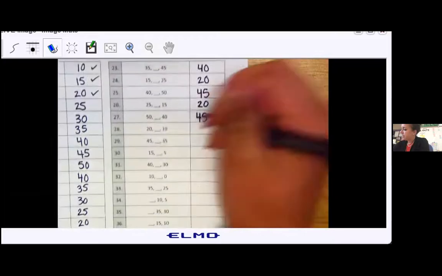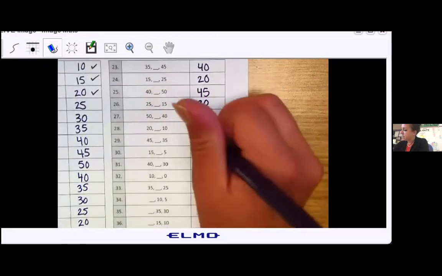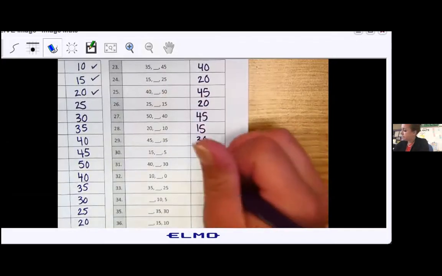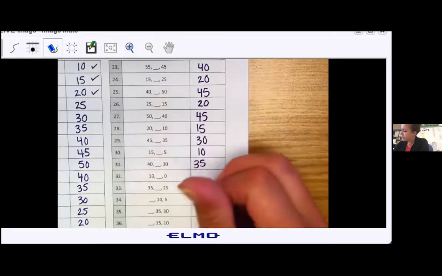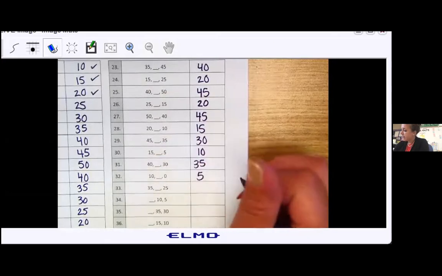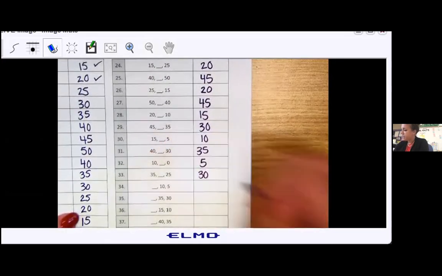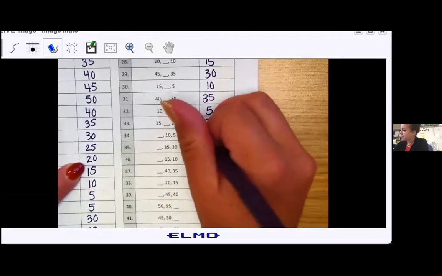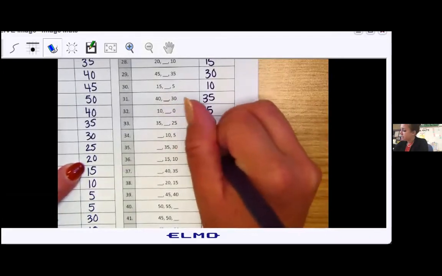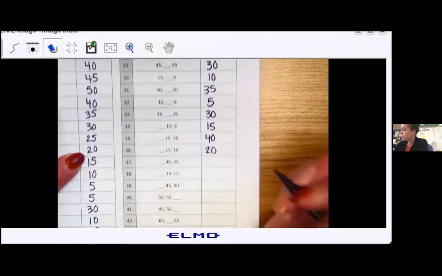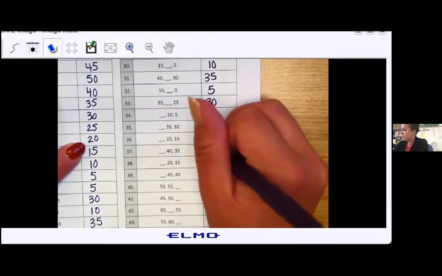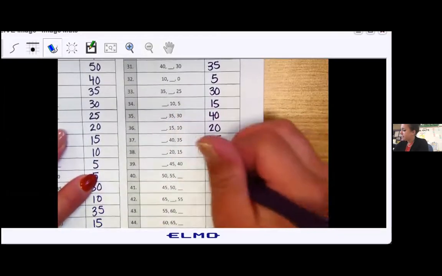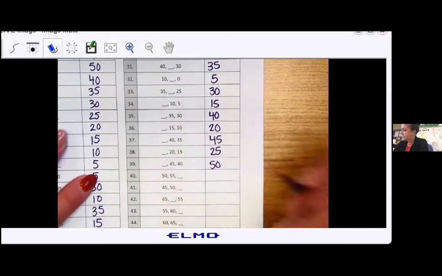45, 15, 30, 10, 35, 5, 30. Okay, we're also kind of going backwards here. 15, 40, 20, 45, 25, 50,